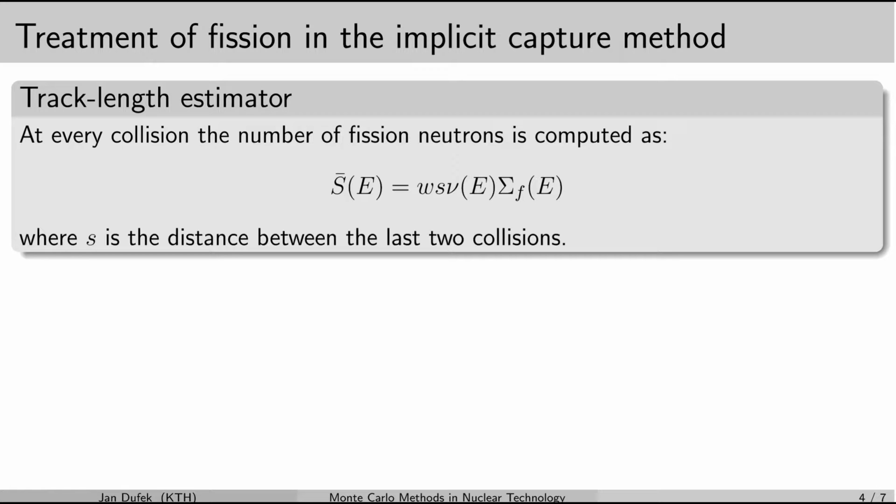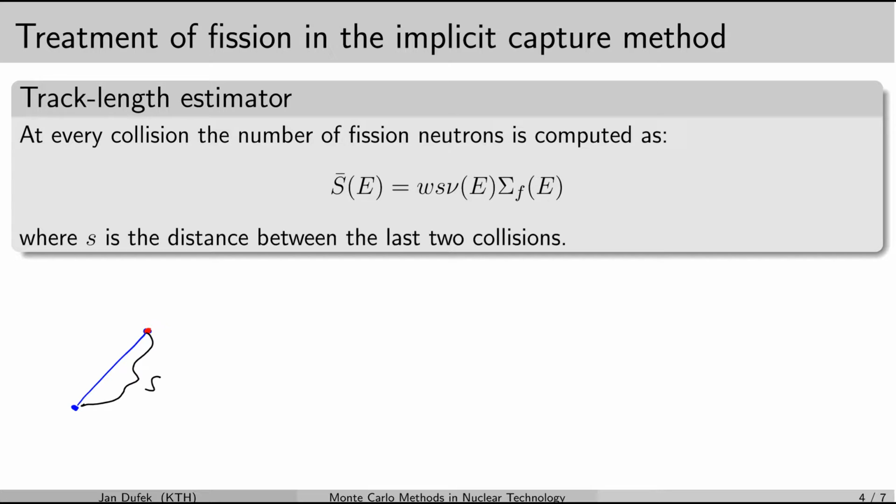Now, the idea of the track length estimator may not be obvious at first, so let's have a look at an example. I will draw two successive collisions here. So let's try to evaluate the expected number of fission neutrons at this collision. When you look at the formula here, you see that the macroscopic cross-section for fission is multiplied by the distance between the last two collisions. So that's